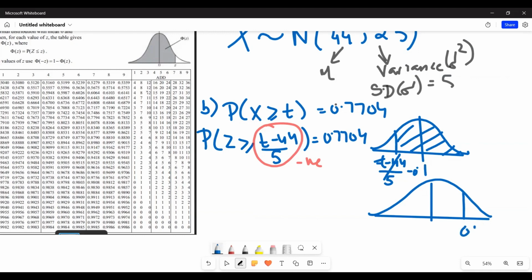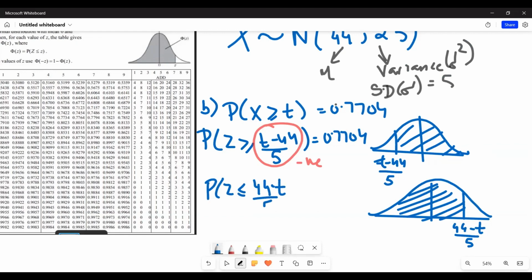So change the signs. So it becomes 44 minus t upon 5 because it's negative of that value. Okay. So we have to find this probability. Probability z is less than 44 minus t upon 5 equals to